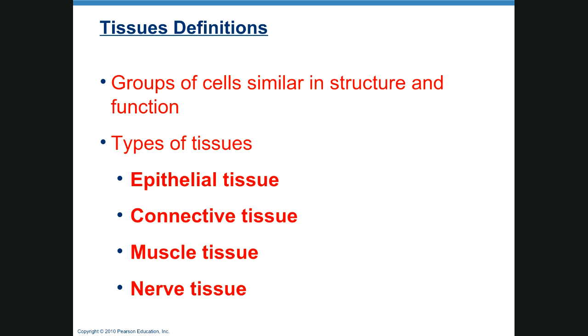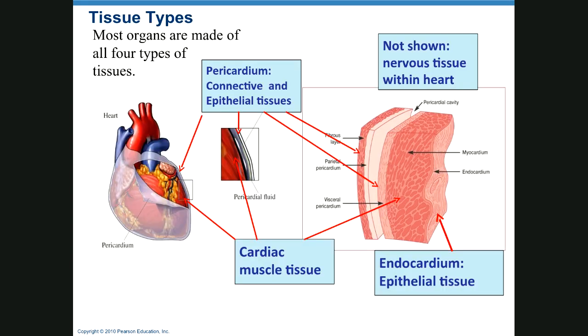And oftentimes tissues are compared to fabrics. Just like a garment could be made of more than one type of fabric, let's say a coat could be made of wool and nylon and velvet, organs in the body are made of more than one type of tissue. Typically, you can find all 4 types of tissue in an organ. And so the next PowerPoint will show you a couple of organs and how the different tissues are put together